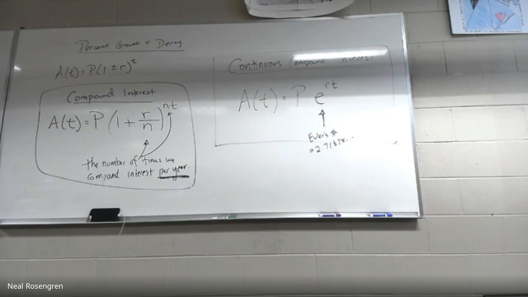Okay. P times e to the rt. E is just a number. It's just 2.7 whatever. It's this, right? 1 plus 1 over n to the n as n goes to infinity. It's not approximately e, it's exactly e. An infinite sequence ends in a number that's less than 3. Pretty awesome.